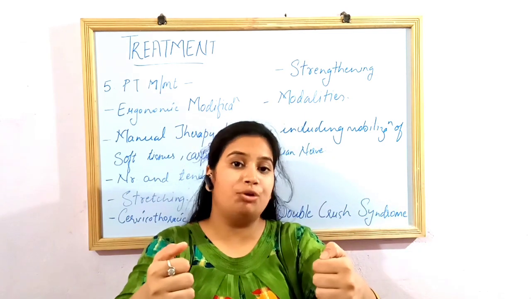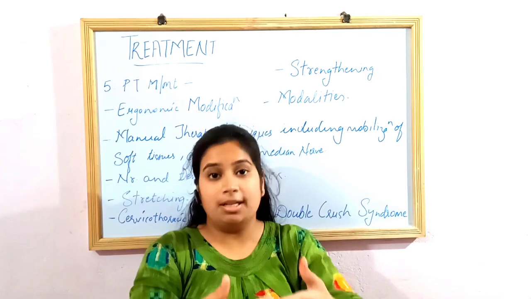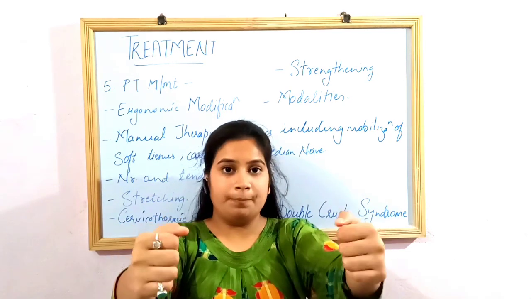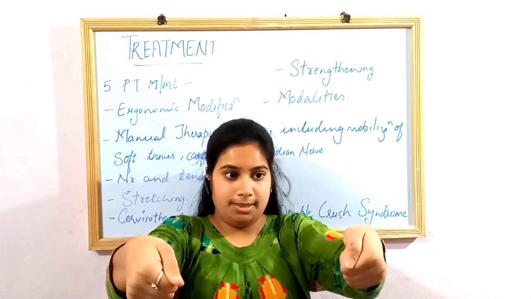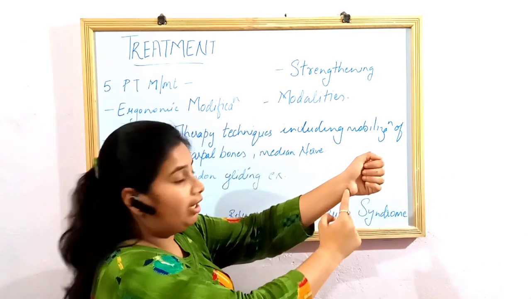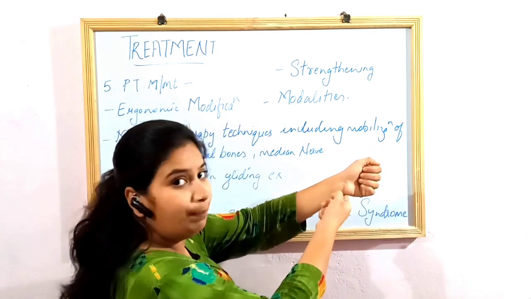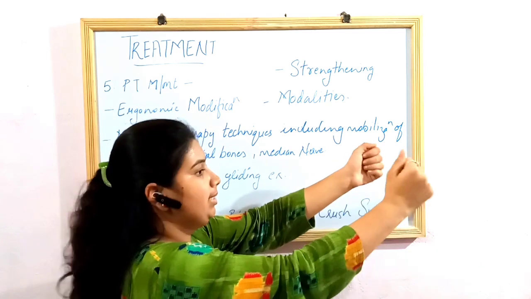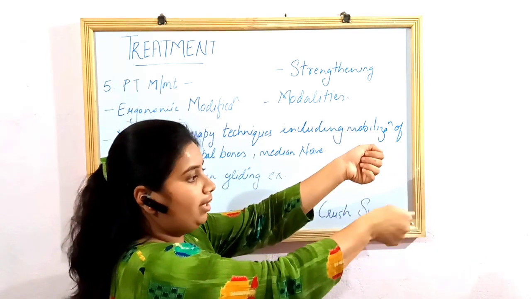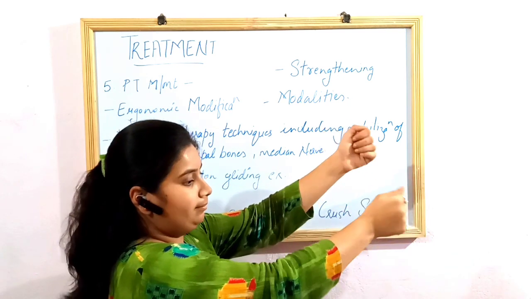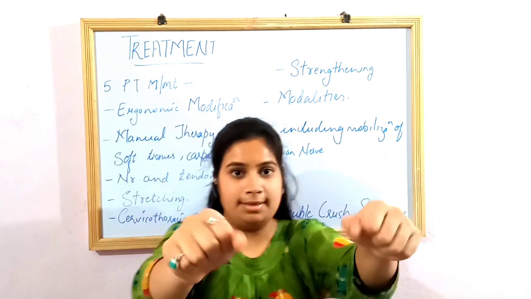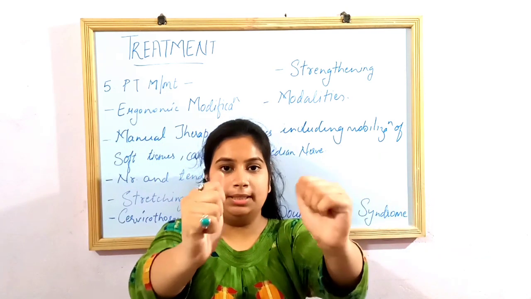As I already told you, which one is the radial bone and which one is the ulnar bone. So bend your elbow again this way. Carpal tunnel syndrome is present over here and we are stretching the above and below parts on the radial and the ulnar side, this way. Radial deviation and ulnar deviation. You can clearly see from the side view. And this is radial and ulnar deviation.